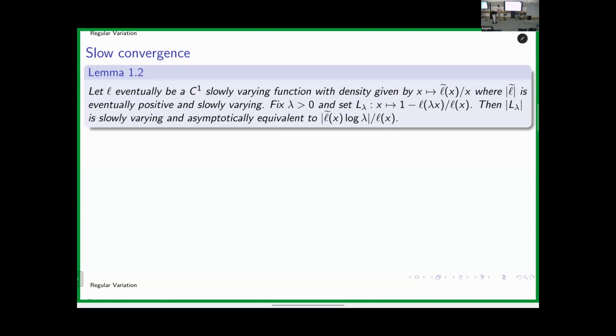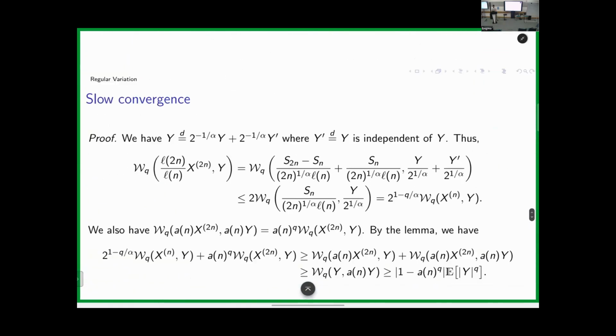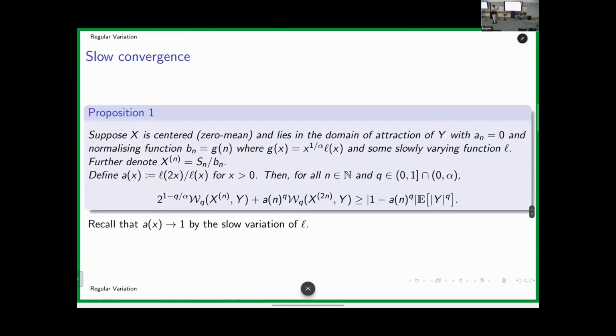So now I will define this capital L lambda, which is precisely the thing that will go to 0. If I pick lambda equals 0, I get exactly 1 minus an to the power 3. Then you just write back the definition here, this thing right here. This is essentially L lambda, for lambda equals 0. It has a power q, so it means that this curly L is not the same curly L as there. It's curly L to the power q. But still slowly varying, so nothing changed. All good.